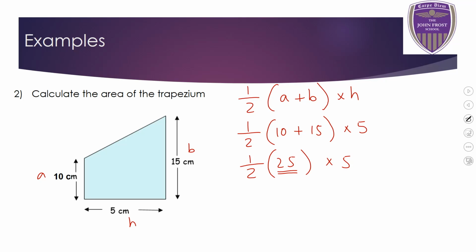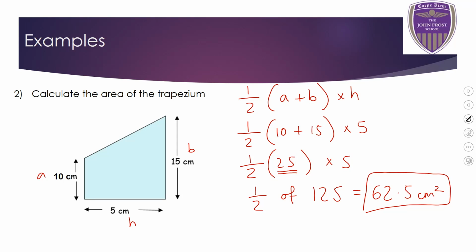So for this one, I would do 25 times 5 and then halve the answer. Half of 25 times 5, which is 125. So we're doing half of 125. If you need to split this up to help you, that's fine. I would do half of 100, which is 50, and half of 25 is 12.5. 50 plus 12.5 is 62.5